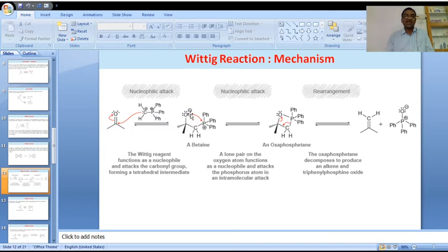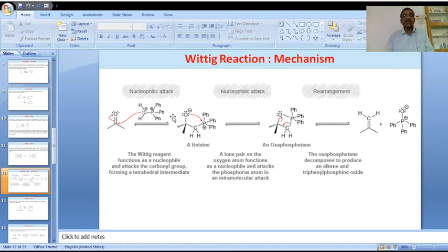The oxygen atom already contains a negative charge and it has lone pair electrons. These lone pair electrons function as a nucleophile. This nucleophile attacks the phosphorus atom in an